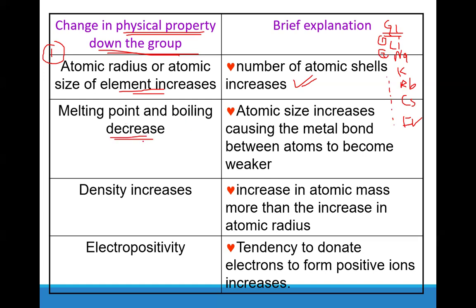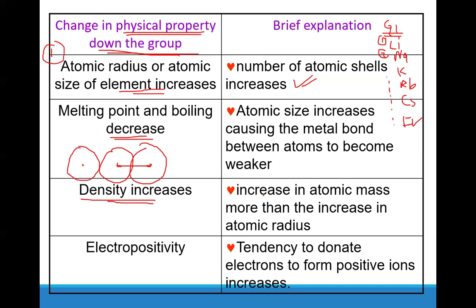Okay, why are the melting and boiling points decreasing? Because as you move down the group, their size is increasing, right? As their size increases, they move farther apart, and that causes the metallic bond to become weaker, and that's why the melting and boiling points decrease. Similarly, the density